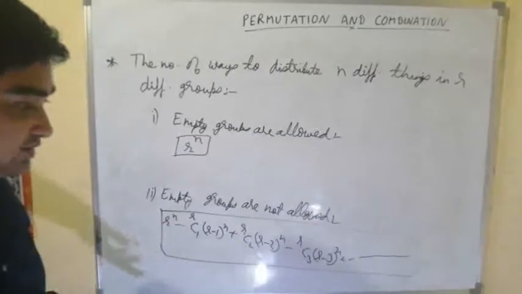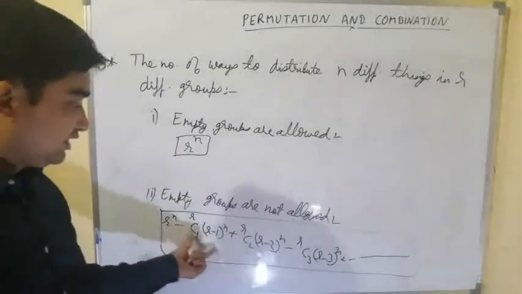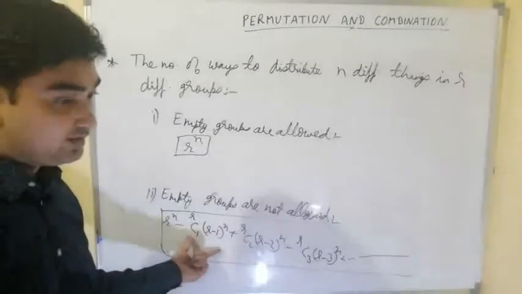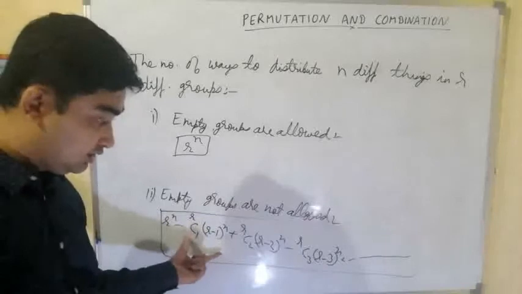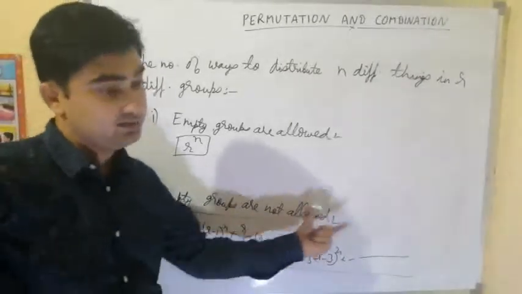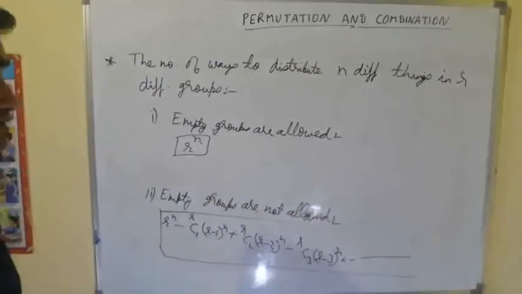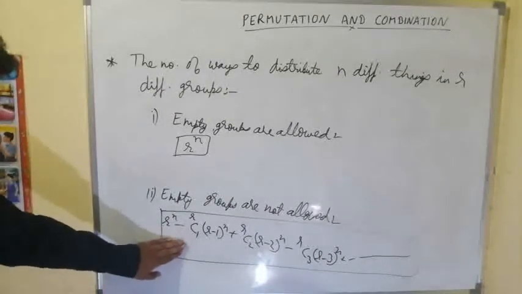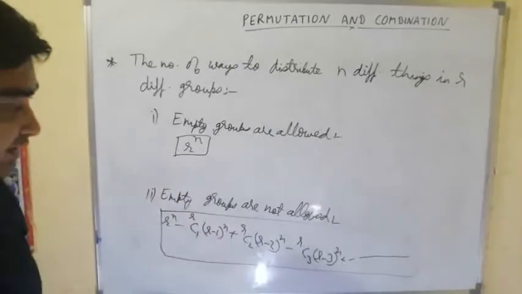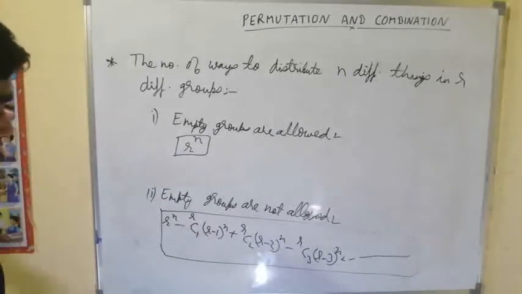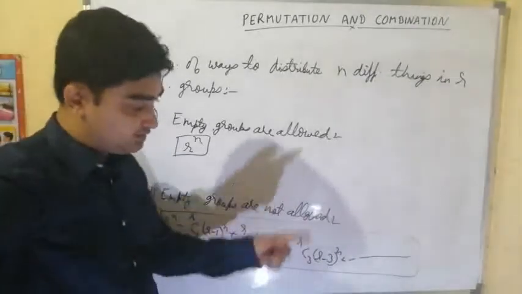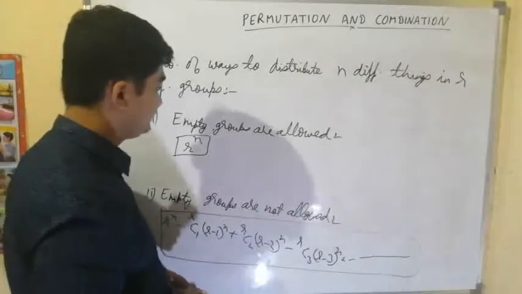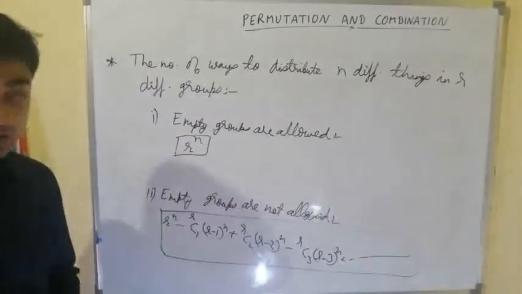Why alternate plus minus? Because first we have added, then one time we have to subtract the case where 1 is empty, but we have also subtracted where 2 are empty, so 2 can be empty, so add that once, then like that we can get the answer, right? So learn this, and some concept behind it also I have given to you. This is very important, like putting this directly will get the answer. So number of ways in which we can distribute n different things in r different groups where empty groups are allowed and empty groups are not allowed.